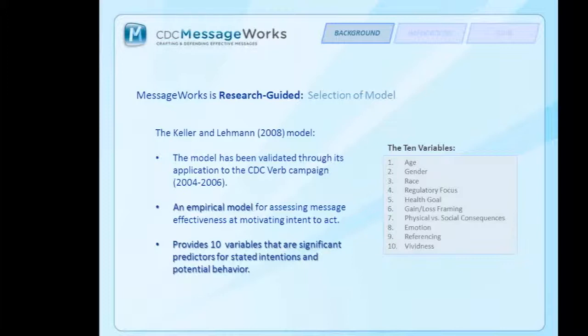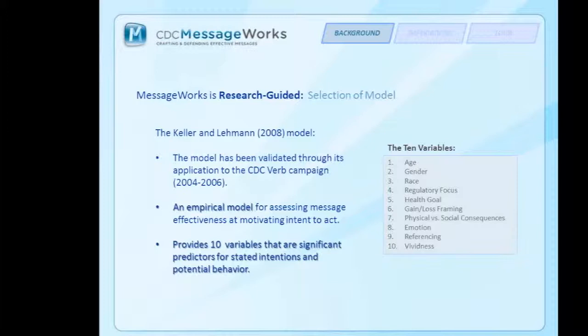And that's one of the choices that you will have when you see the tool for determining your target audience characteristics. Then we have a health core variable that has two parts. Are you encouraging a healthy behavior, discouraging an unhealthy behavior, as well as whether the behavior is prevention, detection, treatment, or some combination, and you'll see that is also an option in the tool. The rest of the variables are familiar to most of you, especially if you work on health communications.